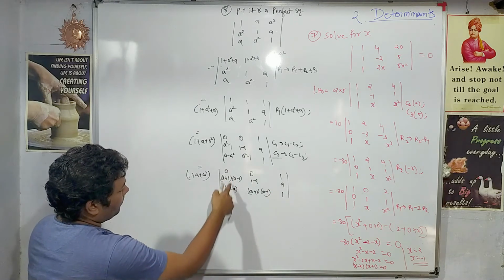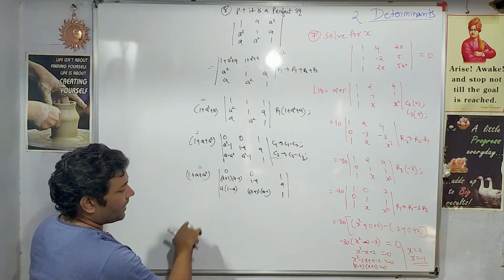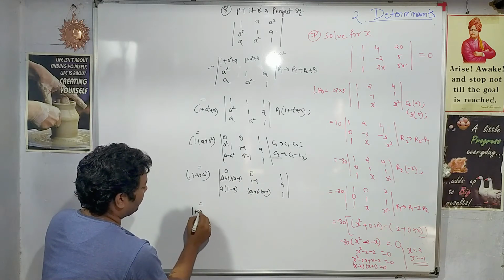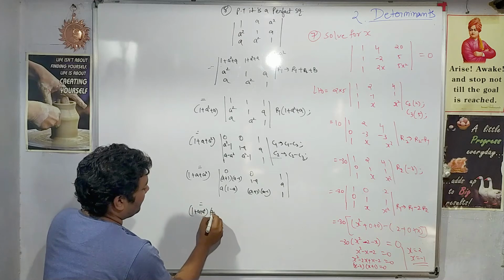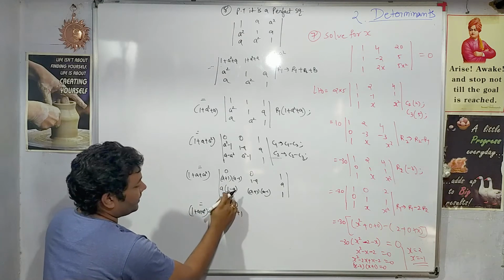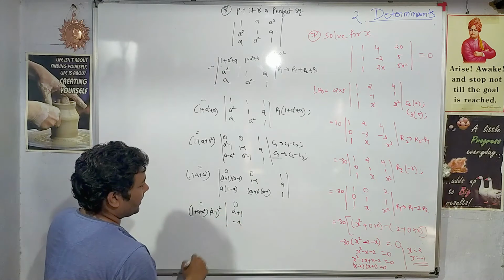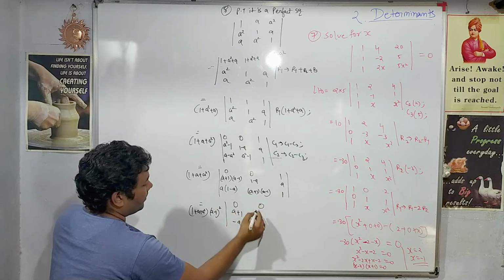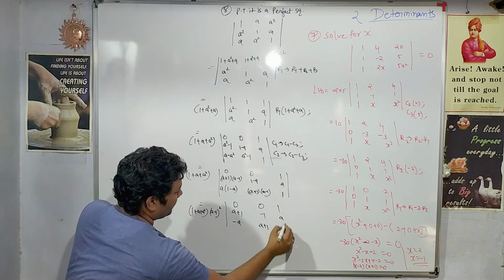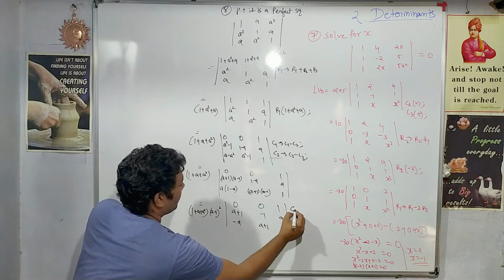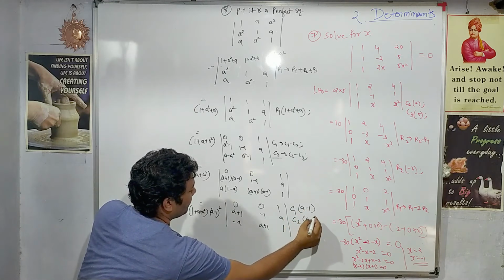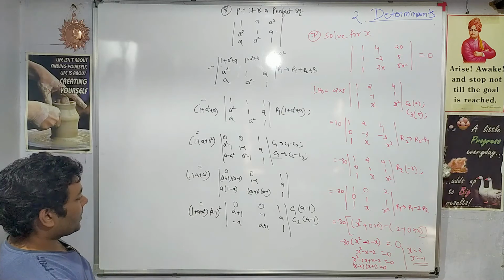Now from the first column you can take out a minus 1 common, and from the second column also you can take out a minus 1 common. Here it is 1 minus a, so minus a will remain. Here minus 1 will remain, and here a plus 1, 1, a and 1. What operation have we done? From column 1, a minus 1 common, and from column 2 also a minus 1 common.